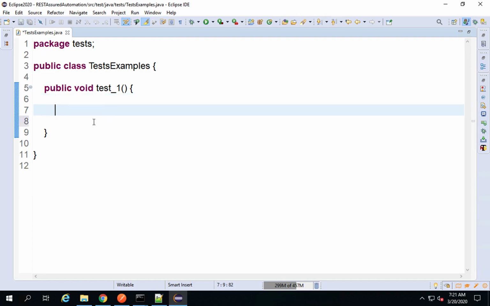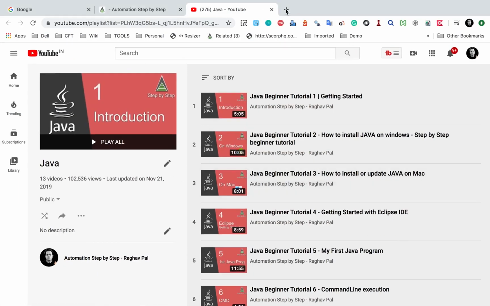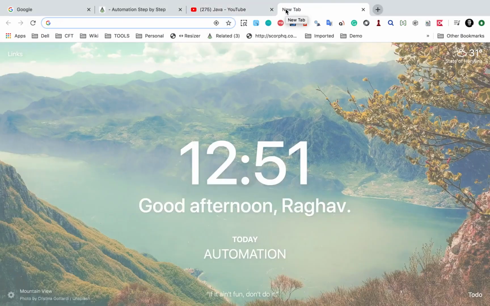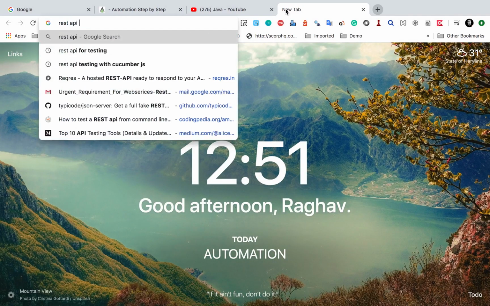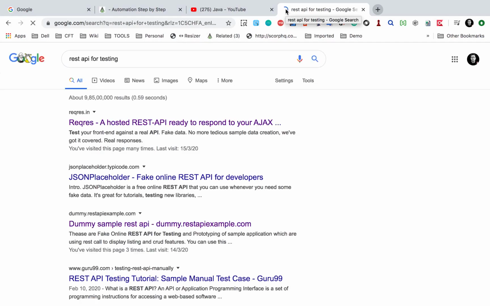And now I will create some test. So let us say we have to run a get request. And for that, let me take some examples online. I will go to Google and search for REST API for testing. Now in the coming sessions, I will also show you how you can create your own REST API and how you can host it on a local system on your local server, and then how to use them. But as of now, just for starting, let me go and take some